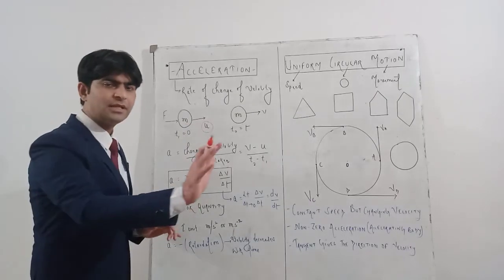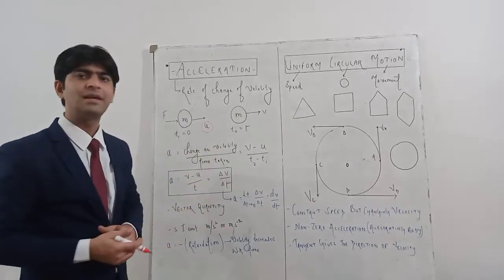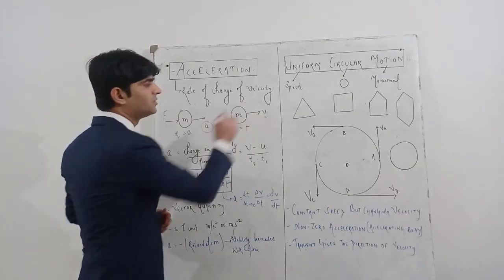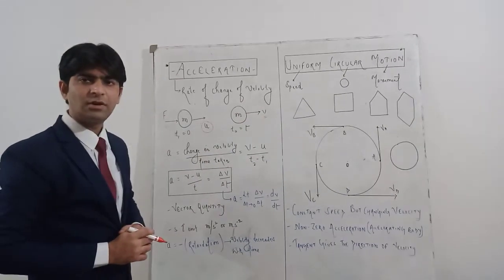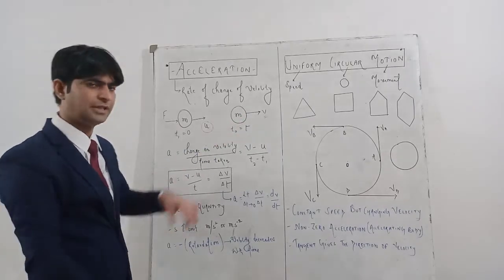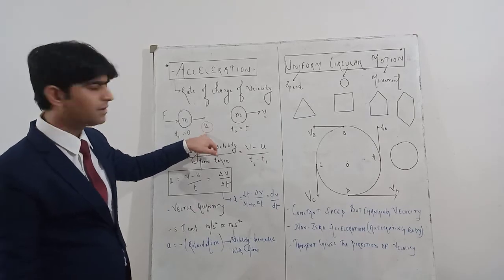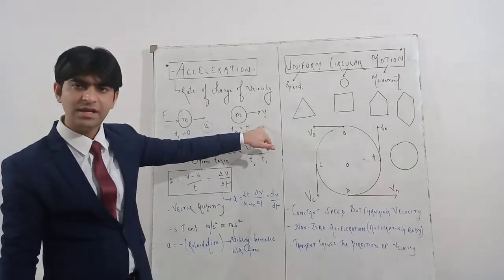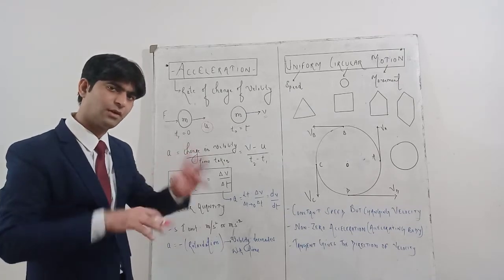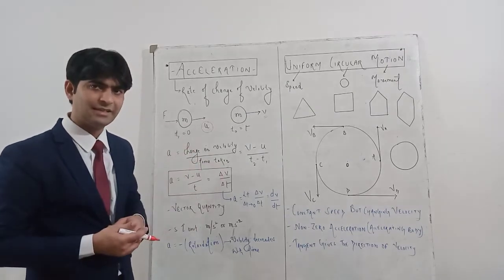If you apply certain force, definitely the velocity will increase. So suppose the velocity has increased, and the final velocity becomes v after application of force. Initial velocity is u, final velocity becomes v after application of force. आप किसी को धक्का देंगे तो obviously the velocity of the body will increase.